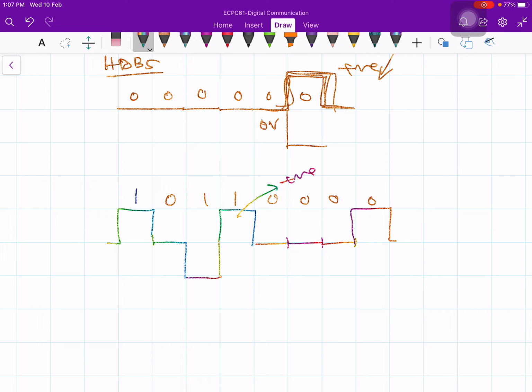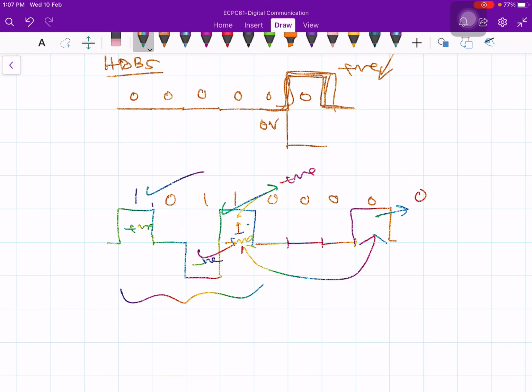So at the receiver, when you encounter both are positive pulses, then the first one is 1 and the second positive pulse is 0. But if you look at in this range, here positive, here negative, here positive, here negative, no problem. So this is 1 and this is 1 and this is 1. But if you compare this guy and that guy, then both are in the same sign, both are positive voltage. Therefore, the first one you decide as logic 1, and the second positive pulse you decide logic 0.